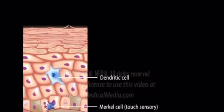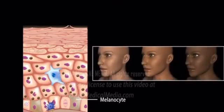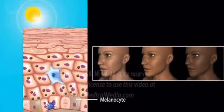The epidermis also contains immune cells, touch sensory cells, and melanocytes. Melanocytes produce the pigment melanin and transfer it to the keratinocytes. The amount of melanin produced is the major determinant of skin color. Melanin synthesis is stimulated by UV light,